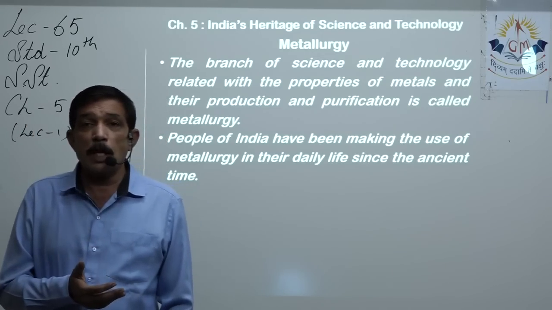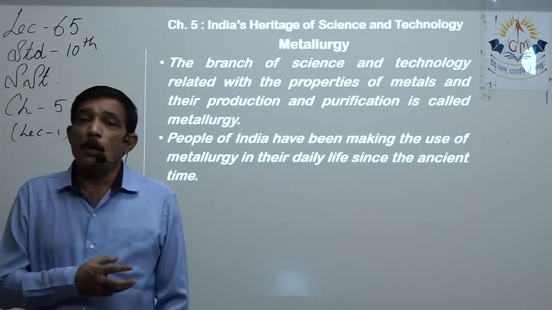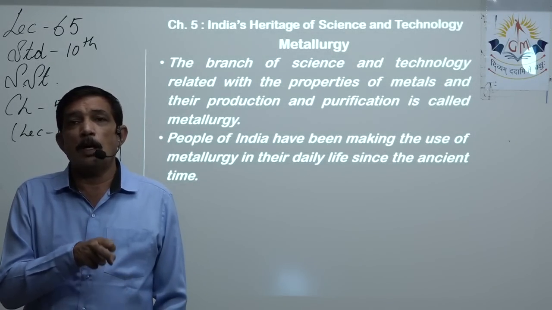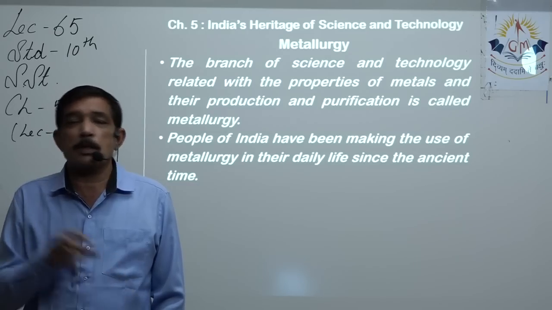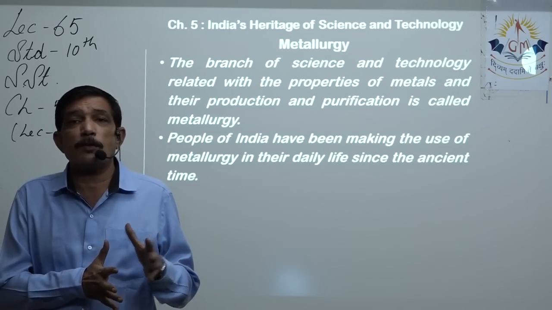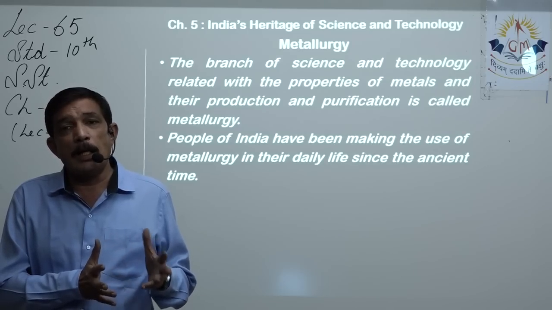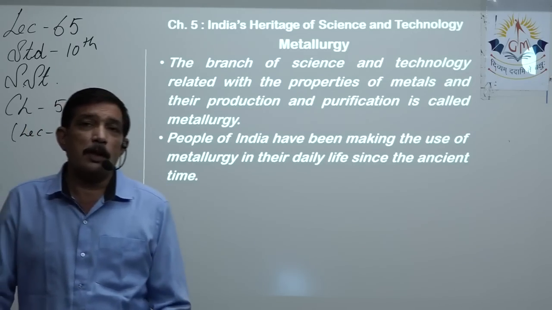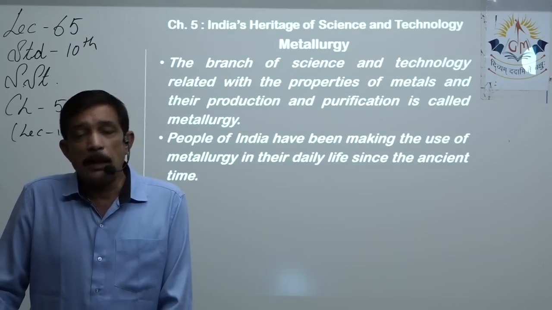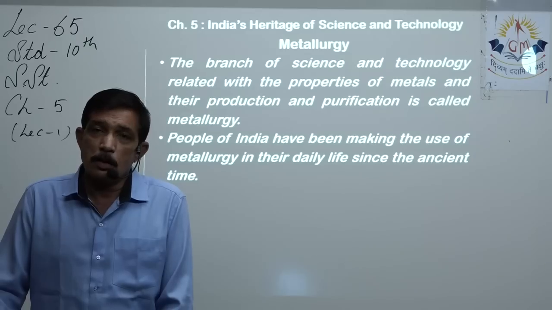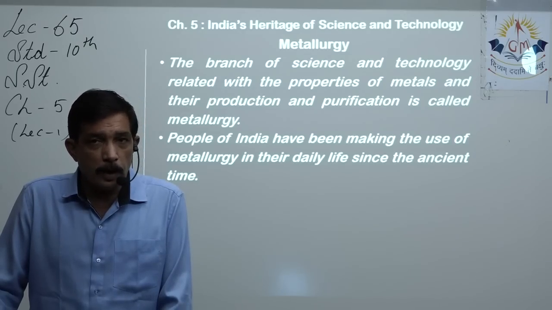Now, how do we produce that? We have to first find out which soil has more quantity of a particular mineral, say iron or say aluminum. Then the soil which has lots and lots of iron in it, that is called iron ore. Same way, the soil which has lots and lots of the mineral aluminum, that's called bauxite, and that is called the ore for aluminum.